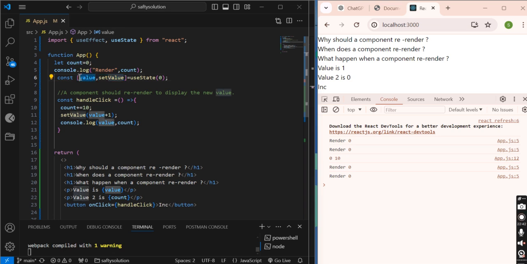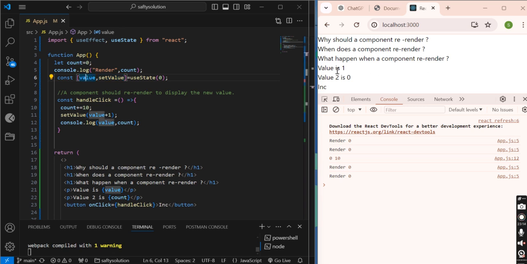Each time this value is also getting initialized, no doubt, but since it is a special variable, this set method will remember the value from here, right?